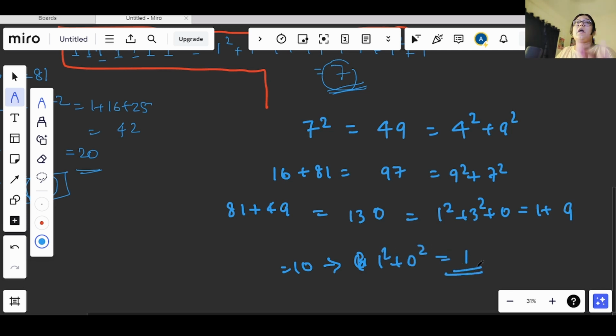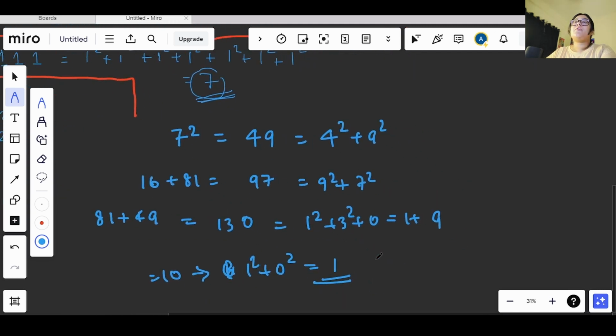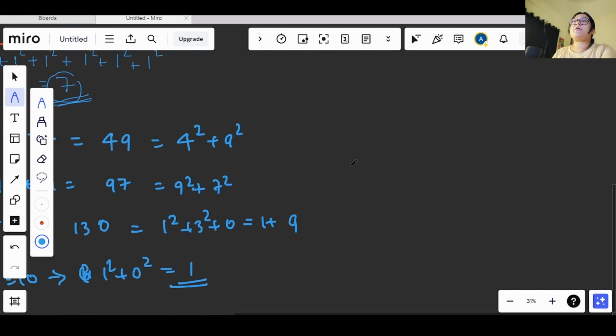So basically after performing the number of iterations, I found that there is a 1. Okay. So after that I will be breaking out of the loop, and in case where I have already found a 1, then I will simply return true from there, right? So basically what we are doing here, we are performing some steps of operation. One thing is we are finding the sum of squares, right?